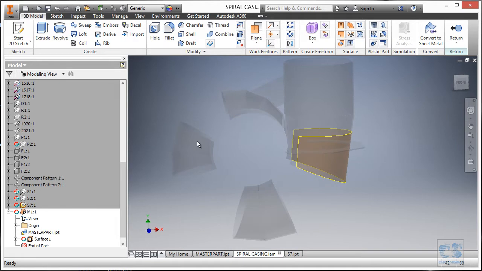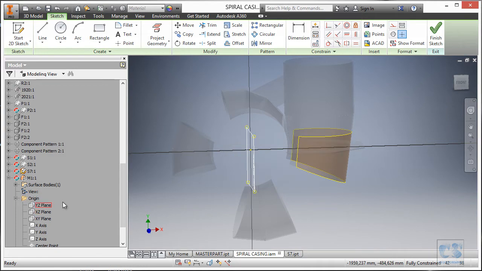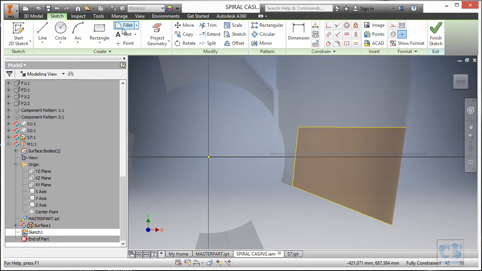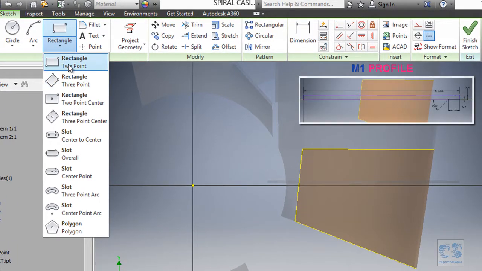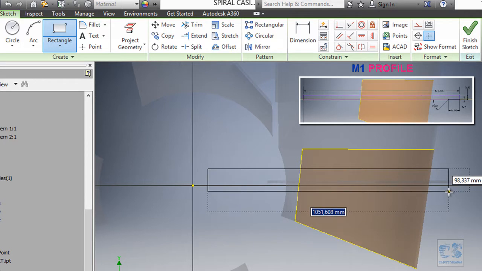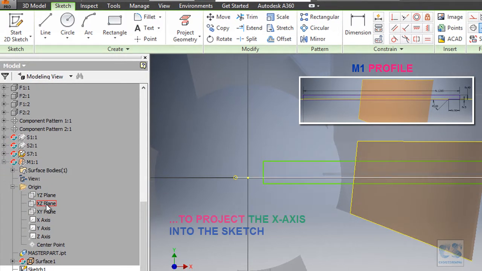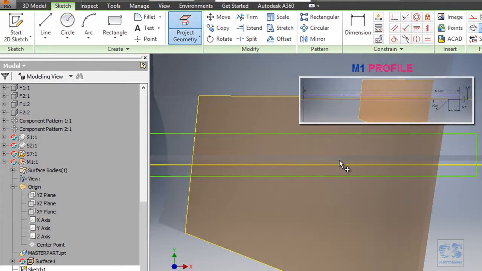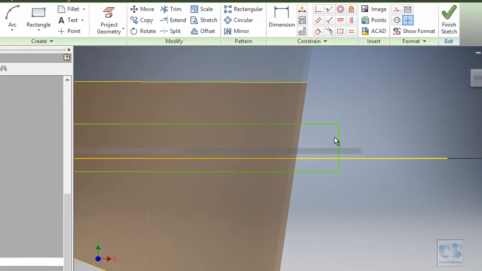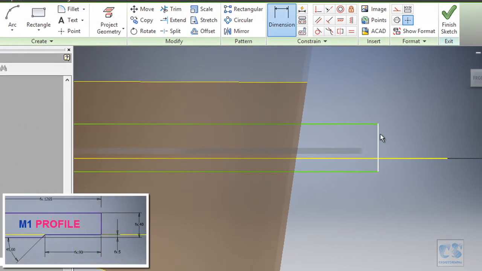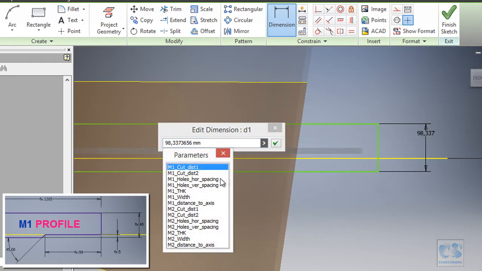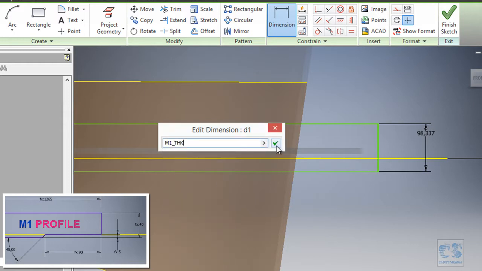Okay, and now we are going to start a sketch onto the XY plane, and then we are going to look normal to the sketch plane, and we are going to create just a rectangle, something like this, and we want to project the x-axis onto the plane. So project geometry, and now we are going to, okay, escape first. We'll input the thickness, so this one, and we will look for the parameter for the thickness, which is this one.